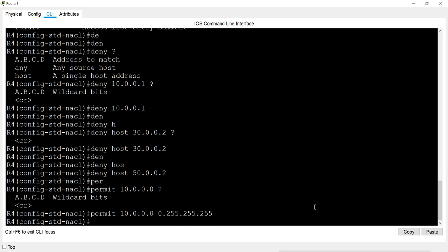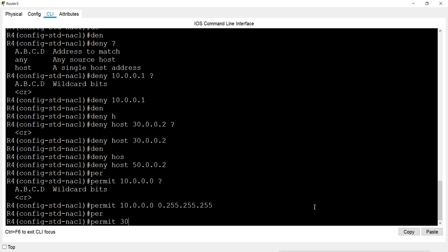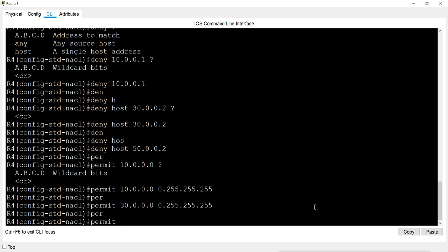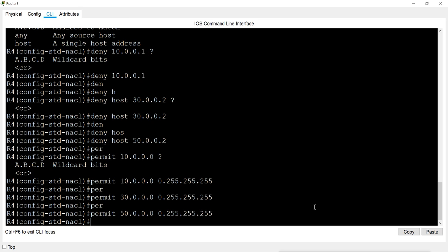Now I allowed network 10, then I will allow the whole network 30 again with wildcard, then permit the whole network 50 with this wildcard. Now the list is created.